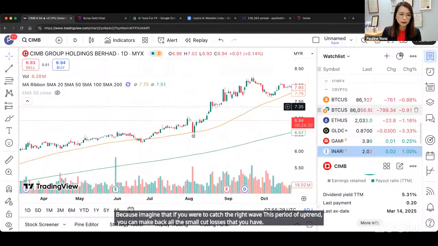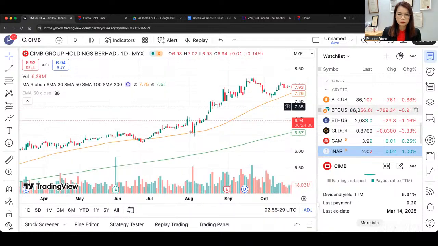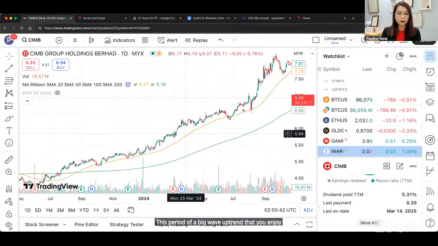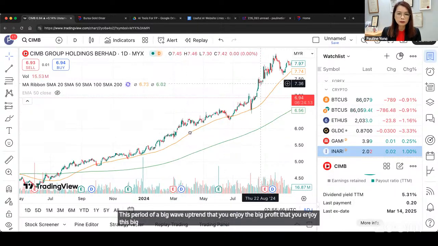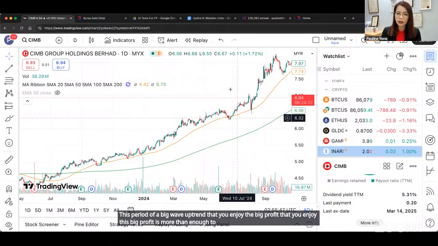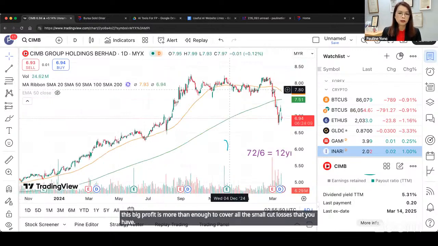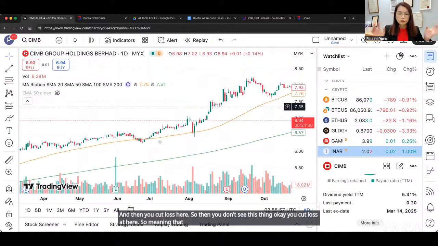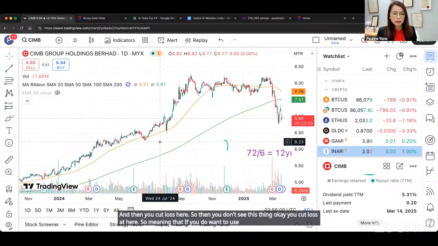Okay, in this period of a big wave uptrend, the big profit that you enjoy is more than enough to cover all the small cut losses that you have. And then you cut loss here. So then you don't see this thing. Okay, you cut loss here. So meaning that if you want to use this moving average, it is okay. To me, I find that it is okay, except